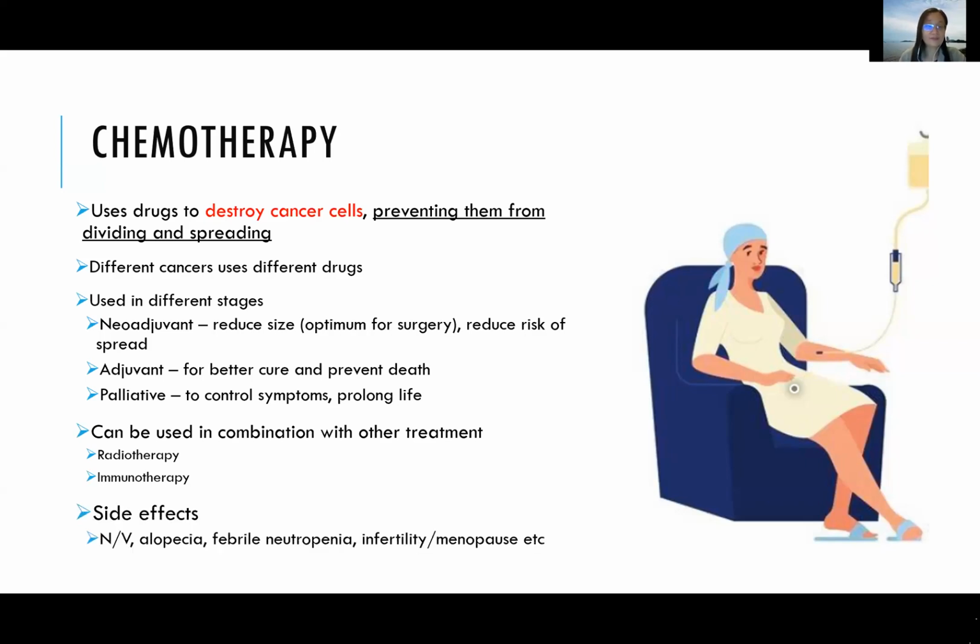There are many side effects, including nausea, vomiting. Certain drugs can cause losing of hair, not all. Some patients have a higher chance of getting low white counts or low red counts. And then we have drugs now for improving the blood counts. Nowadays, we call a GCSF stimulator kind of thing. It will induce your bone marrow to produce new blood cells like white cells to prevent you getting risk of